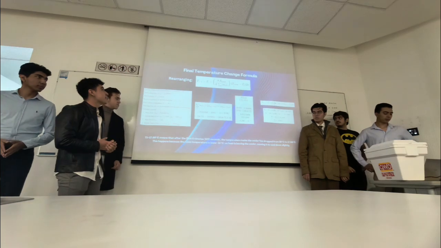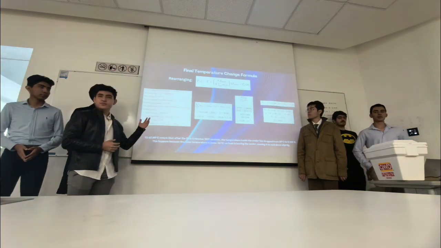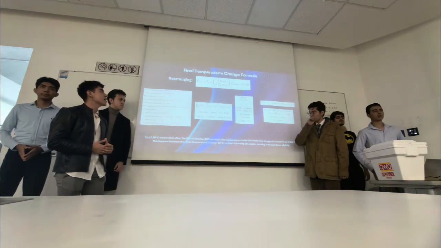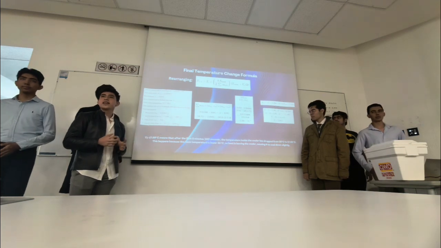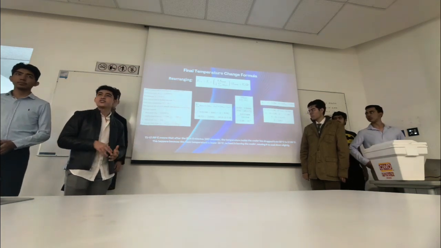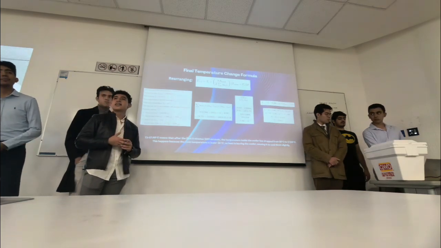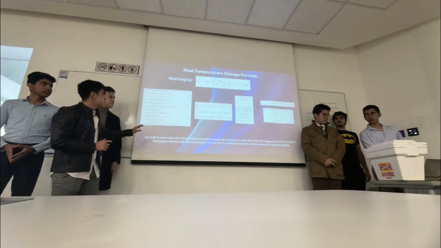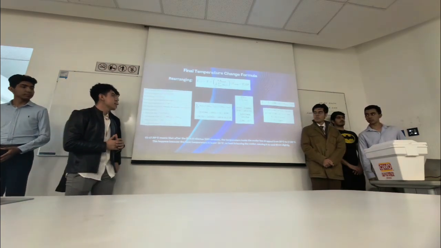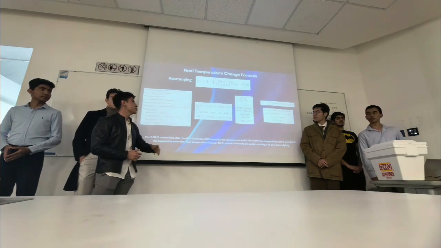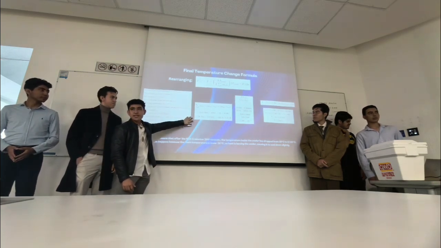And this is the final temperature change formula. And now, substituting and rearranging the terms so we can find that temperature that is added to the previous one, that is the difference. These are our data, and substituting all that data in the equation, this is to find the total heat capacity,